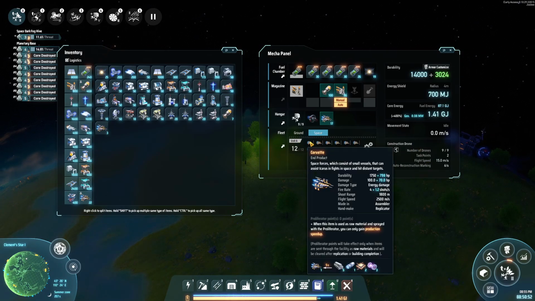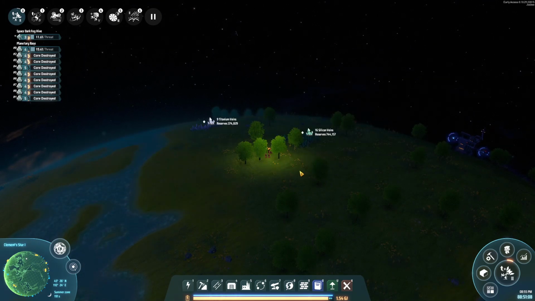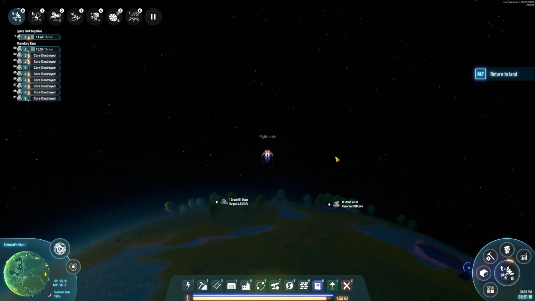This is my space fleet. Assist Icarus in fights in space and hit distant targets. They didn't really deploy. Set fleet type. We have the fleet. I mean, it seemed like we were just up in space and able to attack it, but...